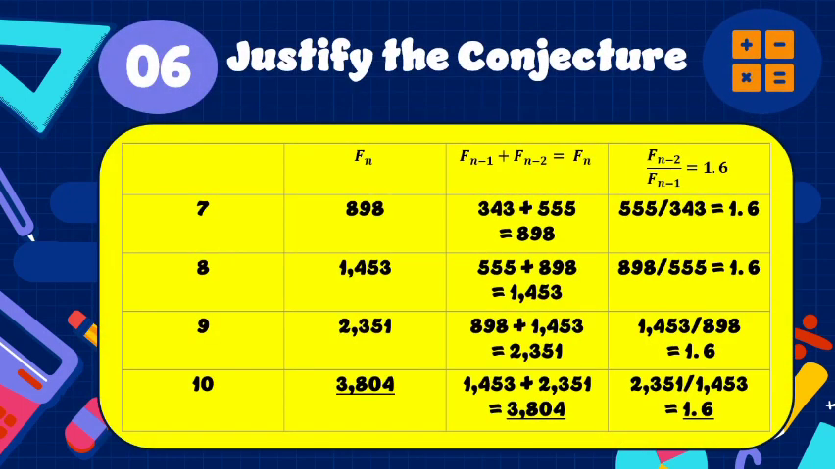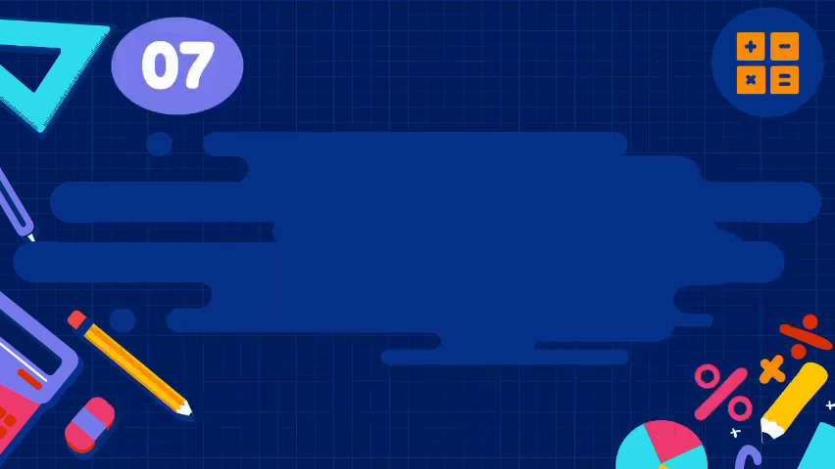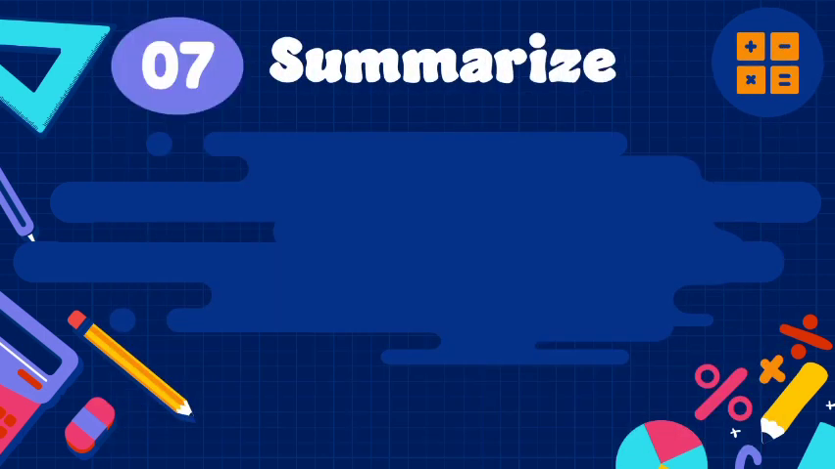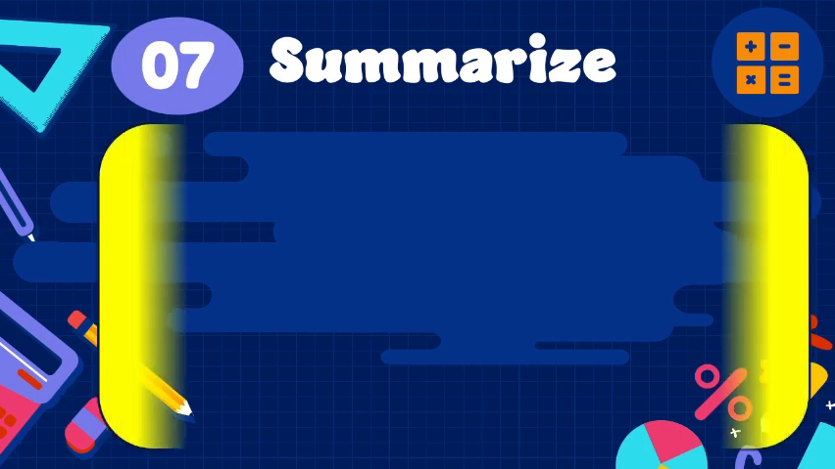Since we already verified that our conjecture is truly correct, I created a table again to justify the conjecture, just like what I did in step 2, for us to reason out our conjecture. So upon continuing and verifying our conjecture, we can justify that if we get the sum of two consecutive numbers, we can always get the succeeding term. And if we get their quotient, we also get 1.6, which approaches the golden ratio. And for our last step, which is summarize,